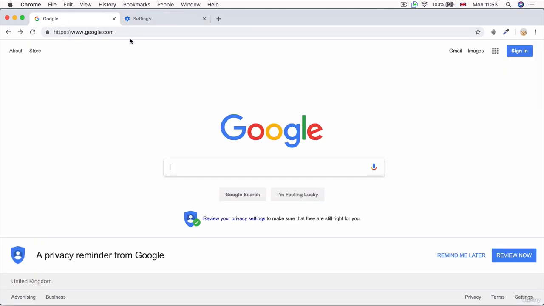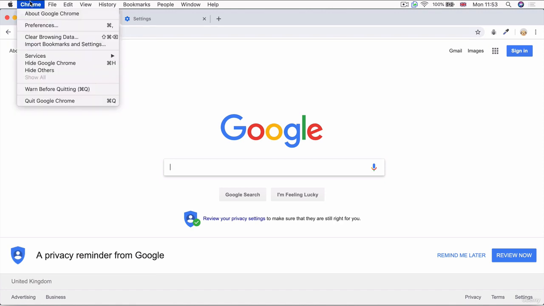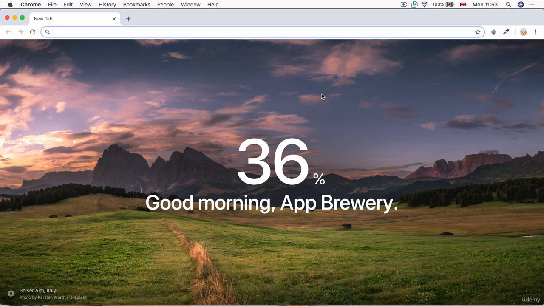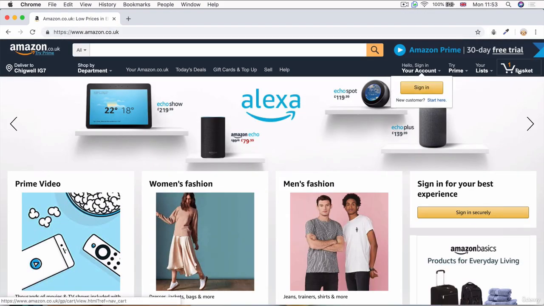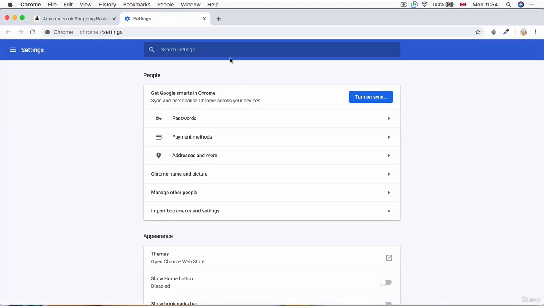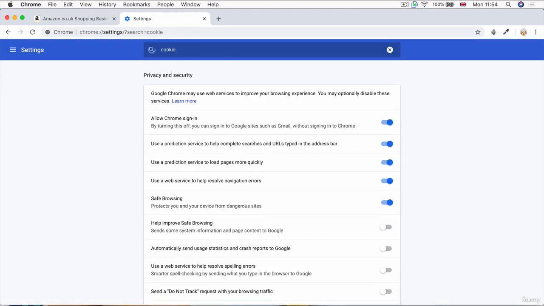And this is why if you decide to go and close down your browser and you open it back up, and let's head back to amazon.co.uk, you can see that my Switch is still inside the basket. So they haven't forgotten this. So that means the next time I go onto Amazon, that Nintendo Switch is still going to be in my shopping basket. However, if we go into those cookies for Amazon,